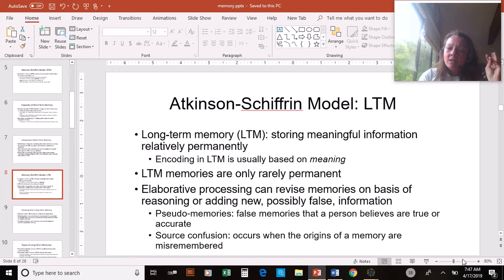And so basically by saying it's only rarely permanent, I believe it's referring more to savants, people who remember every moment, every single detail of their life since birth. That would be real permanent memory, because they remember everything, and that's extremely rare. Like I said, that's called a savant, and that's actually different from photographic and eidetic memory.